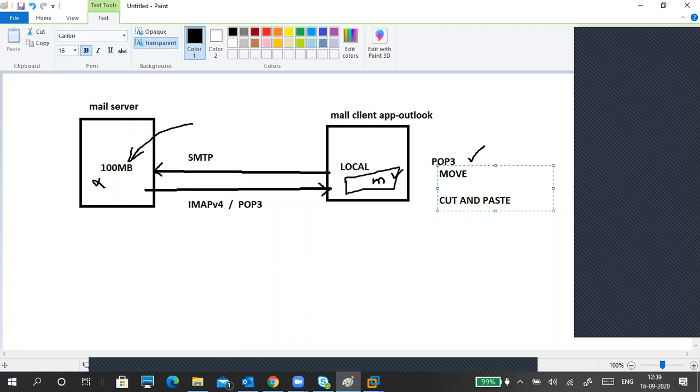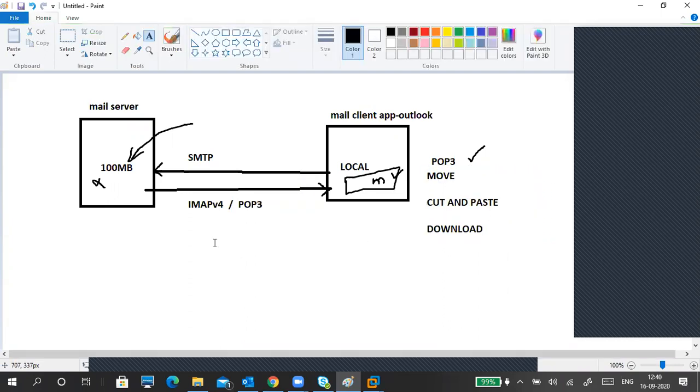Also, it is not immediately cut; maybe immediately or maybe later it will be cleared from the mail server. So that is the advantage of POP3 in this scenario.